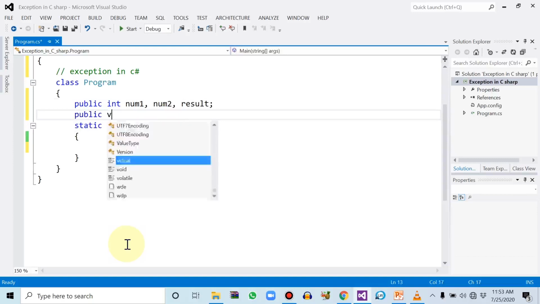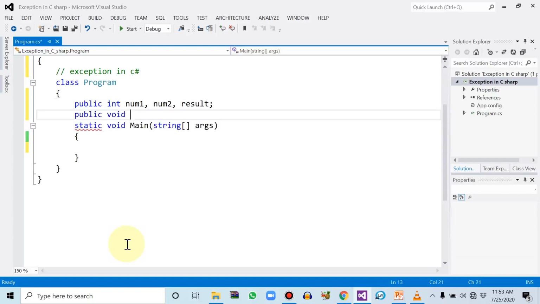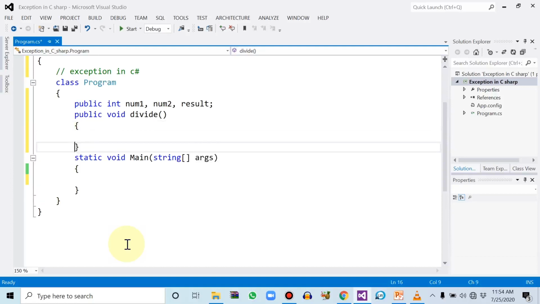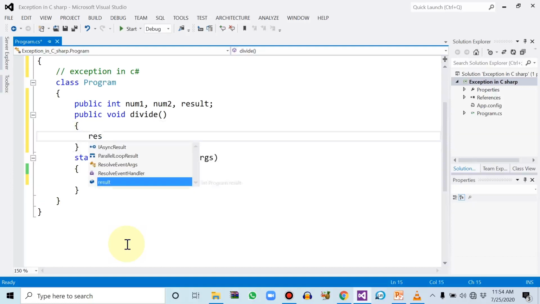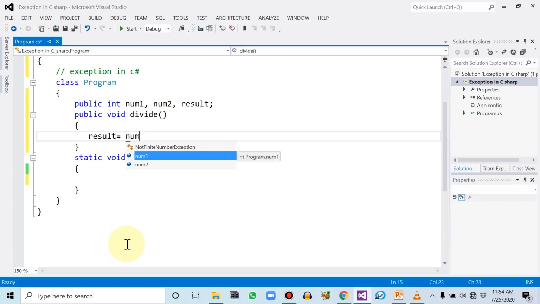Declare one function having no return type. Name of the function is divide. Within this divide function we will just divide: result assignment operator num1 divided by num2.